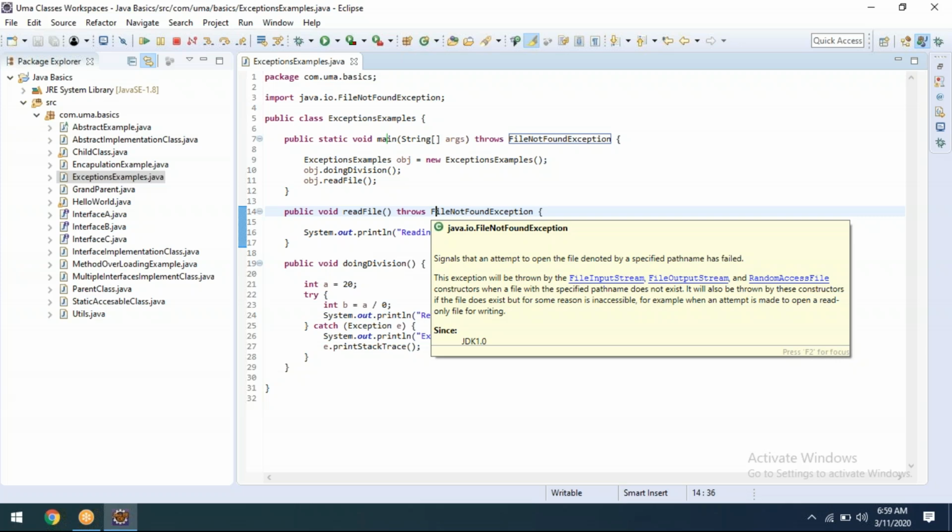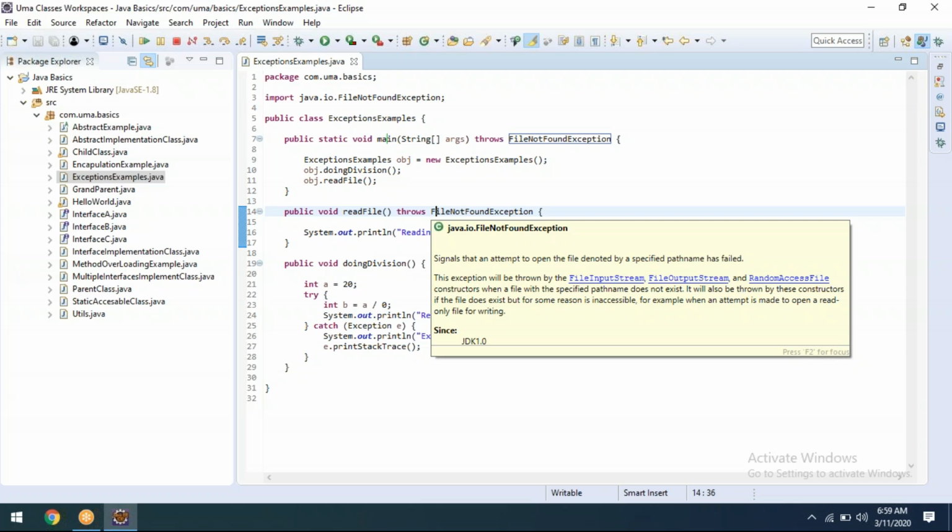Hence, we are not supposed to use throws; it is always better to use try catch finally. If the entire method is the problem, we can go for throws. If that is not the case, we go for try catch.